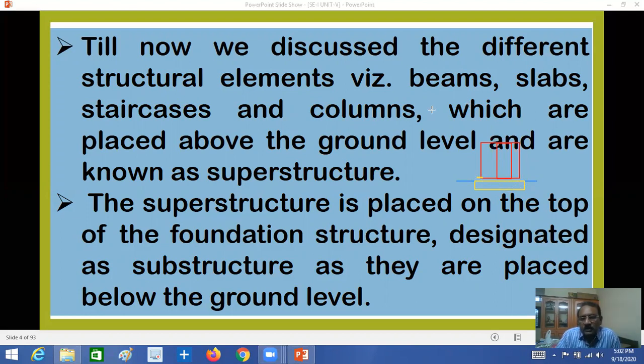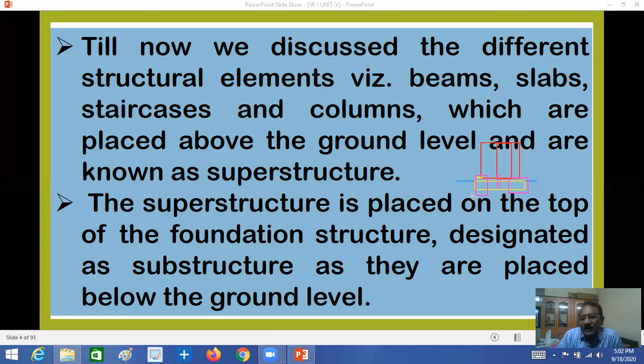Each column we have to design separately. Here is one column, this is one column, and you may have a combined column. These footings will take care of the load coming from your columns. We have to design in such a way that the thickness and reinforcement are enough to take loads and moments from the columns. That is important in footings.